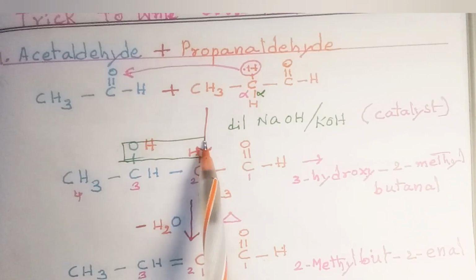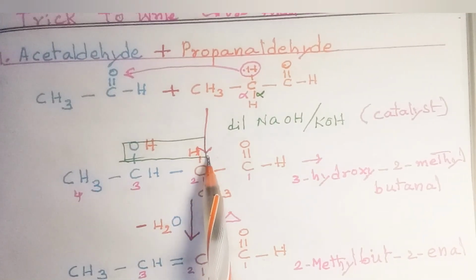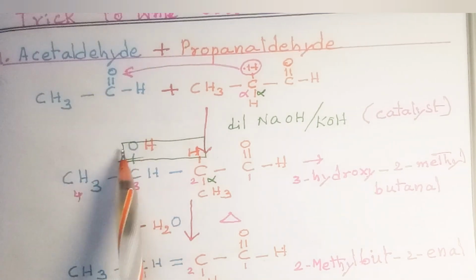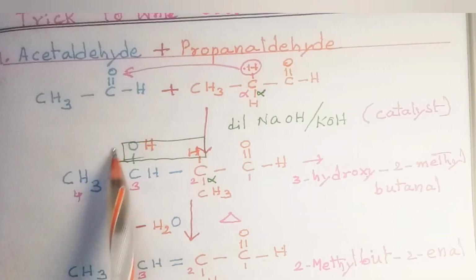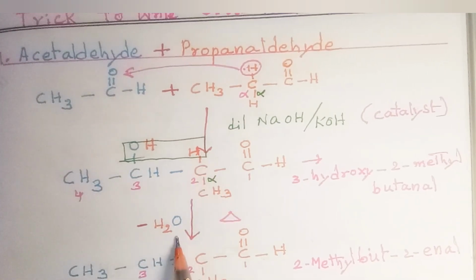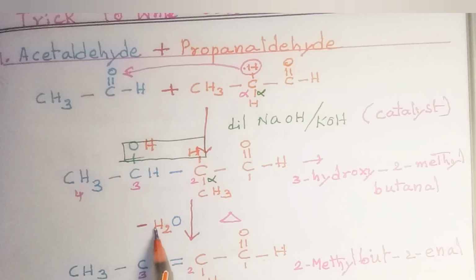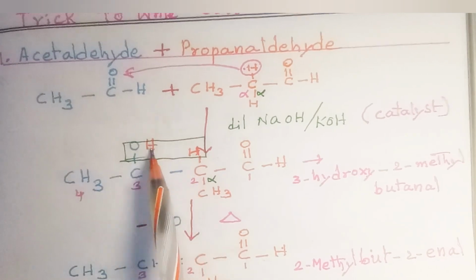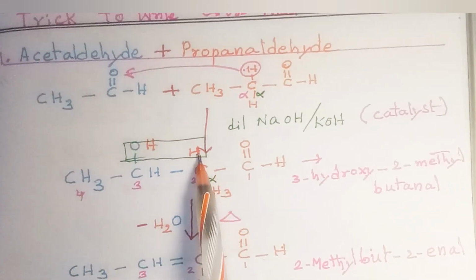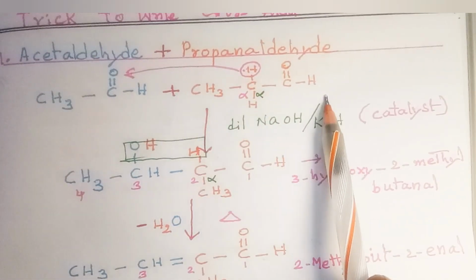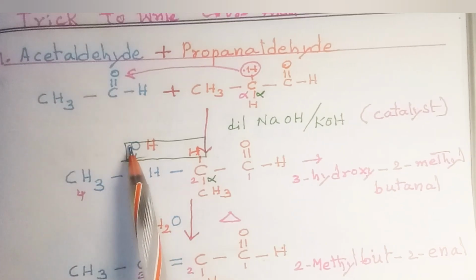So this alpha hydrogen which was left behind will combine with the OH here and form a water molecule. This water molecule I have written as H2O. Both the hydrogens are from alpha hydrogens of this propanaldehyde and